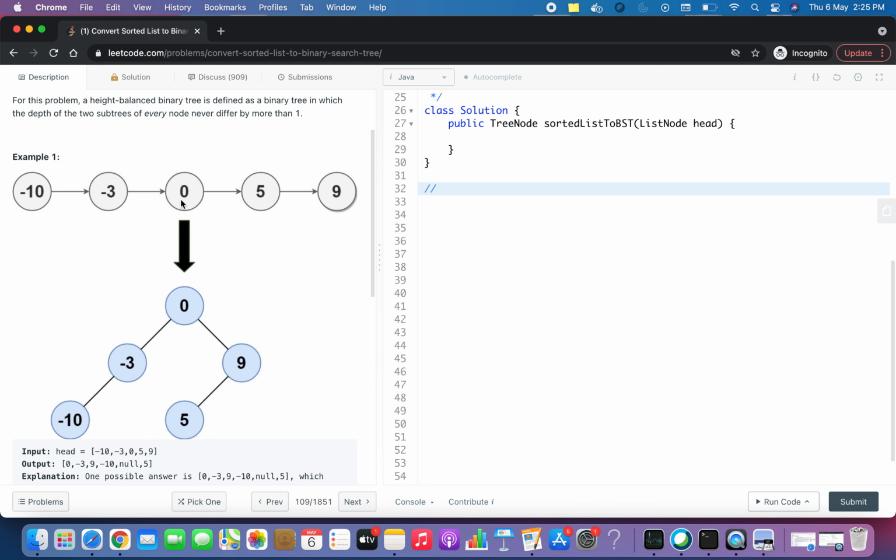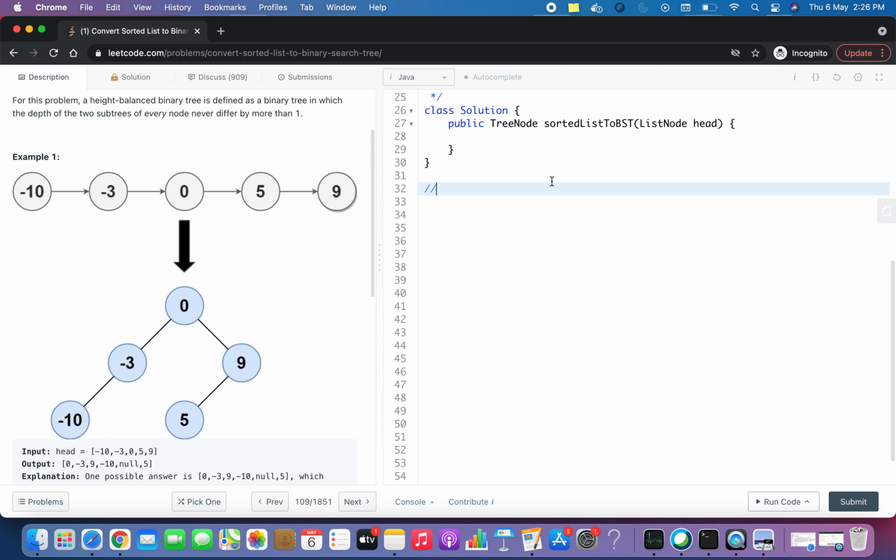You can see over here, 0 is the root node, and then the remaining nodes on the left side and on the right side can be its children. Nodes on the right side can be the right children, and nodes on the left side can be the left children. As you can see, this will make it height balanced.